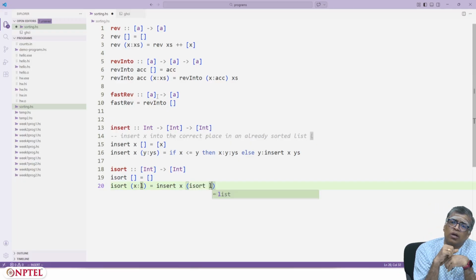This is recursion. So you have x followed by some list. You first sort the list using the same insertion sort,